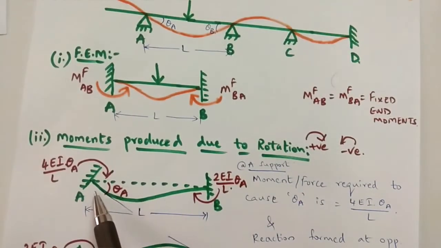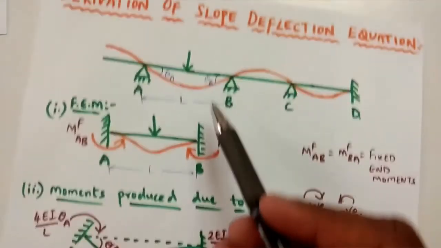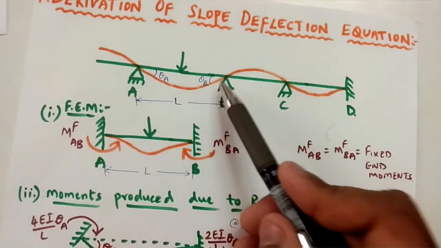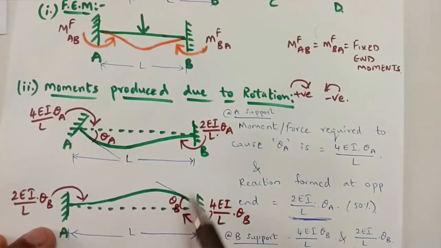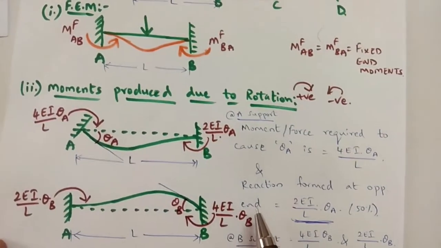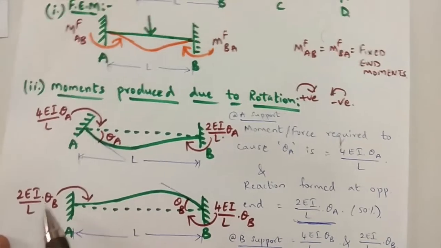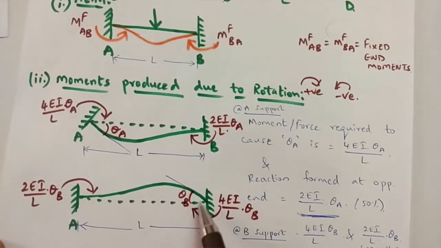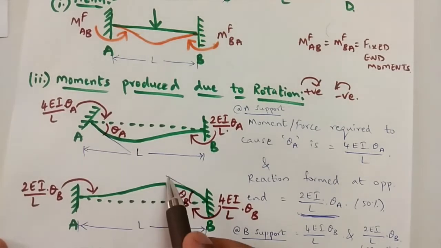Next, I have taken the rotation at this support in clockwise direction. Now again I am taking the rotation at support B in a clockwise direction. So I am taking here clockwise only for this derivation of slope deflection equation formula. So here at theta B, I am applying one in order to get this theta B here. I am drawing a tangent here for theta A and theta B.